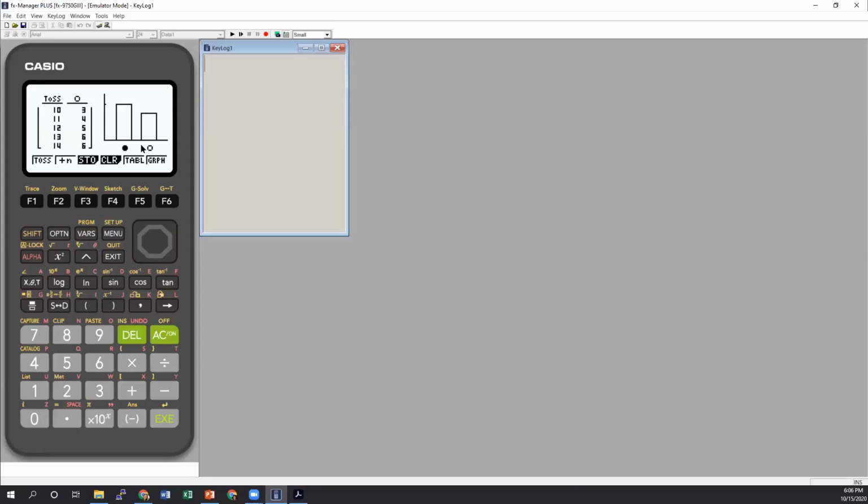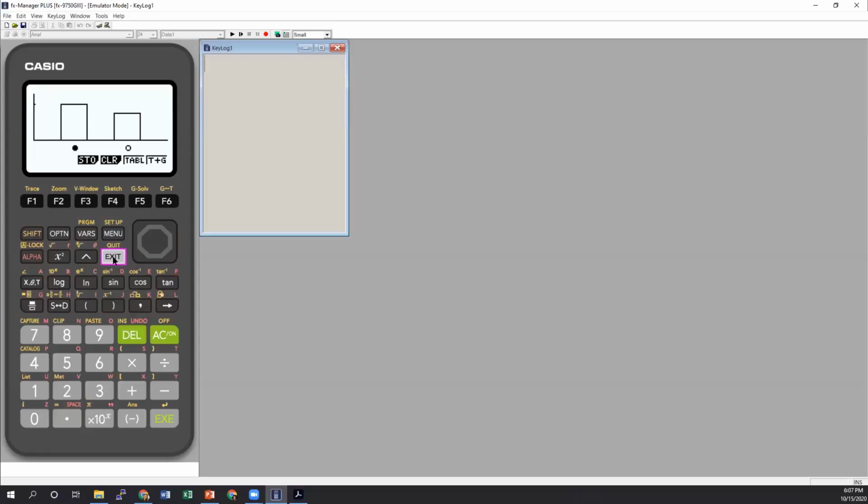So once we have all that data, we can store the data in the different lists. If we didn't want to override some of our data, we can change which lists we want it to go into. We can take a look at the table, or take a look at the graph itself. This is just a zoomed in version of the graph. If you send it to the list, you can look at different types of graphs, right? Yes. These are just 2 bar graphs. You can look at the different types of graphs when we import into our statistics menu.